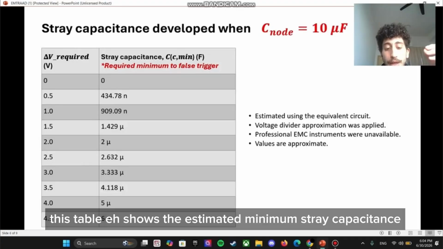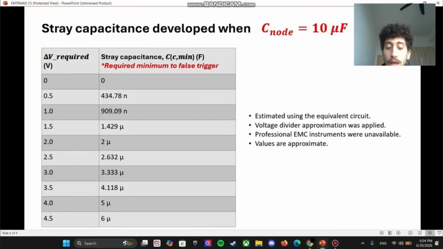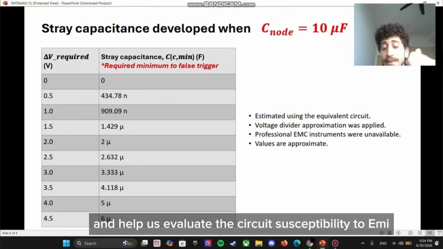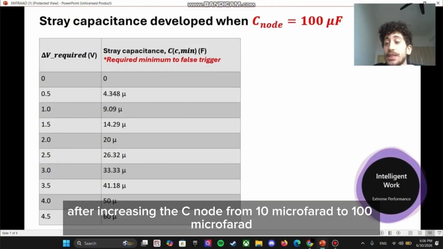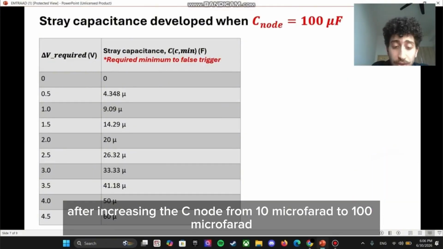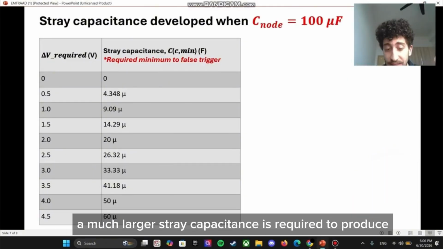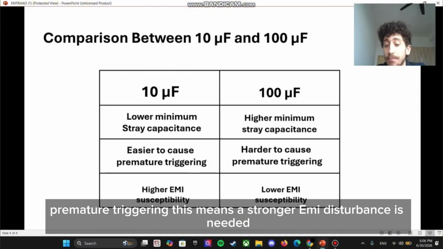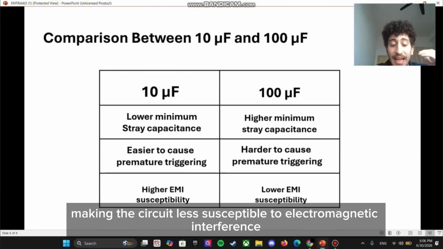This table shows the estimated minimum stray capacitance, which is here equal to 10 microfarad. The values were obtained using the equivalent circuit approximation and help us evaluate the circuit susceptibility to EMI. Finally, after increasing the C node from 10 microfarad to 100 microfarads, a much larger stray capacitance is required to produce premature triggering. This means a stronger EMI disturbance is needed, making the circuit less susceptible to electromagnetic interference and